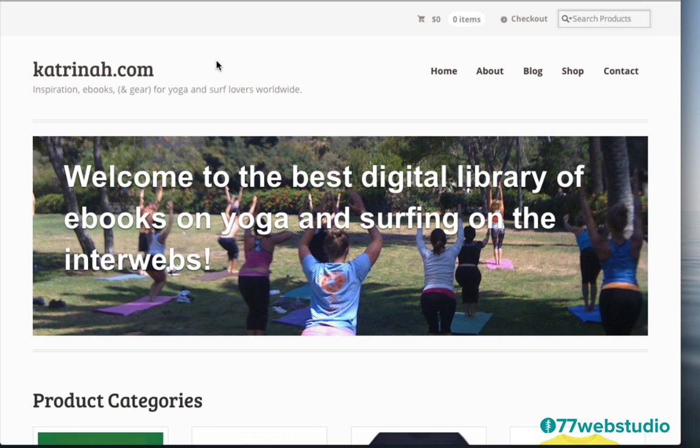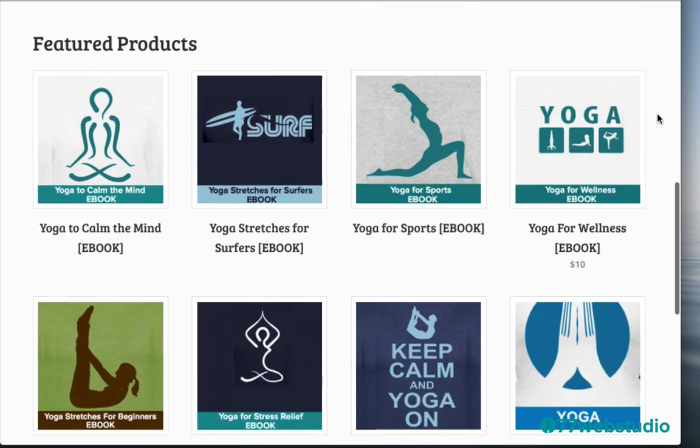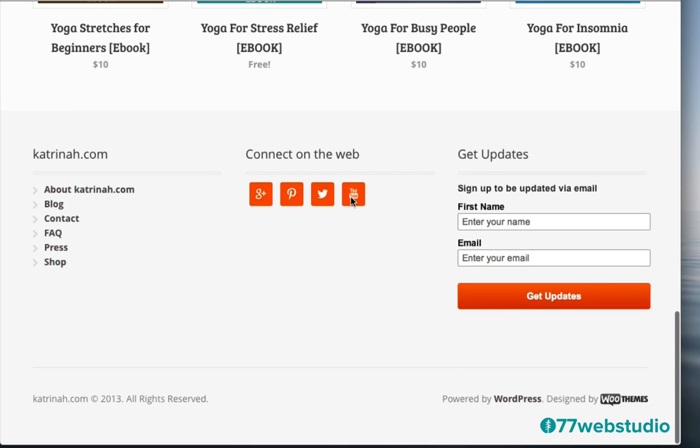In addition to being a responsive e-commerce theme, the other feature I want to point out is that the colors of this particular website can be changed with one click of a button. So we see that, for example, when I hover over the website title here, it's orange. And when I hover over each of the different menu navigation items here, they're orange. And when I scroll down to the very bottom at the footer, these icons are orange as well. So this particular design that we're looking at is the default.